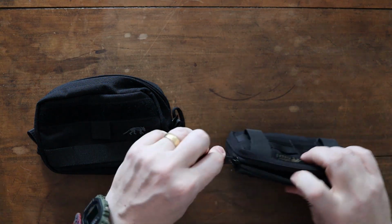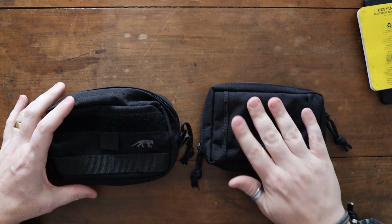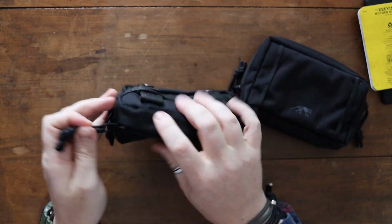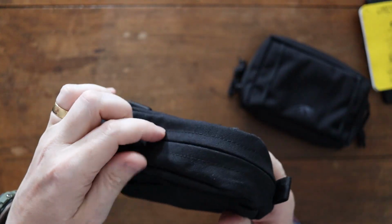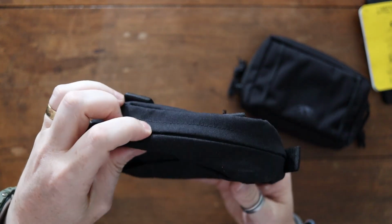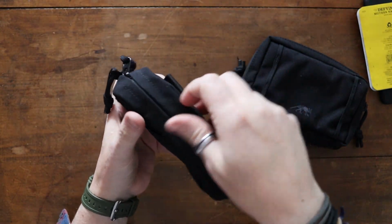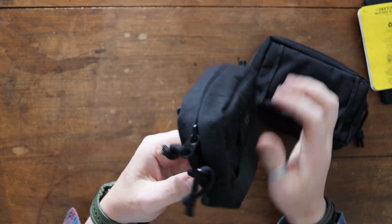There was one thing that I mentioned, and that was just about the size difference on how this sits a little bit more flush to your body, and that's mainly down to this lip. So I might mention this at the beginning, but if I close this up, hopefully you'll be able to see here that there are two lips. There is a posh name for the way in which this lip works, but I can't remember what it's called. They sit over the zip, so that as you open this up, it releases the zip from the inside. These lips that go over here are constructed from the same 700D CORDURA, which means that it just adds